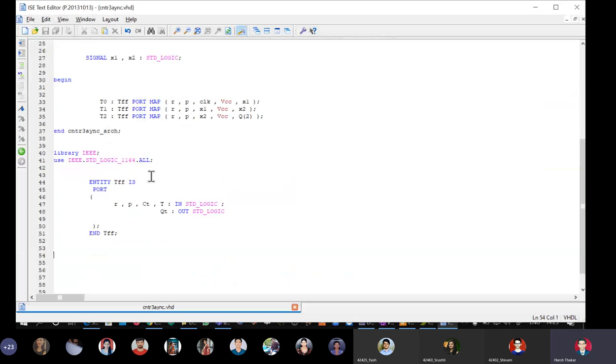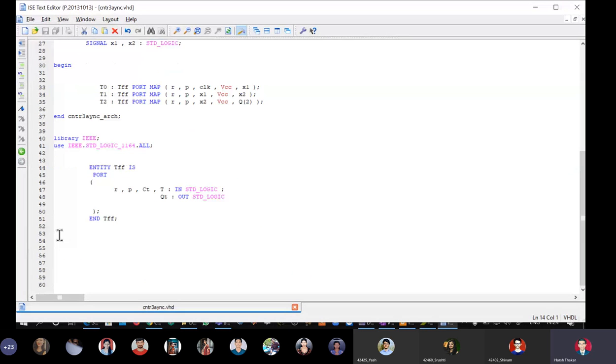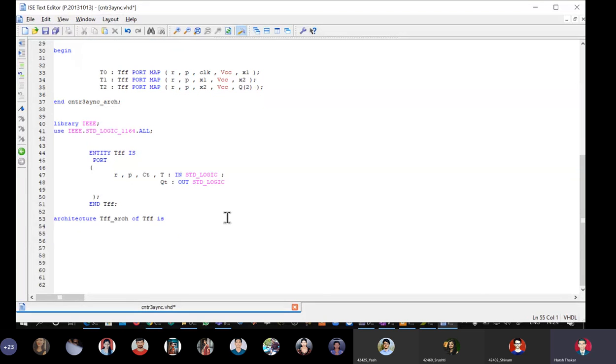So here again copy the architecture. We'll say TFF arch of TFF is, and here because it's basically a T flip-flop, we have to define an intermediate signal.